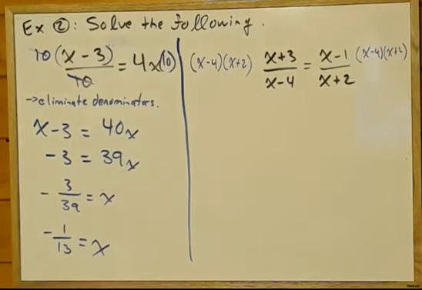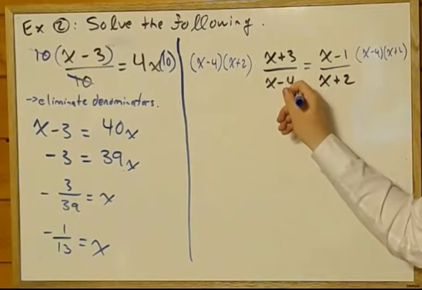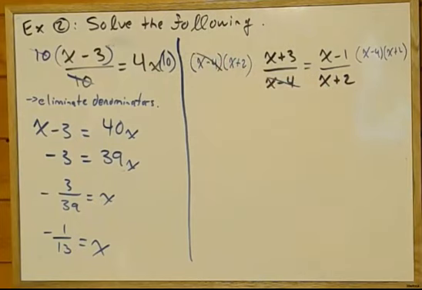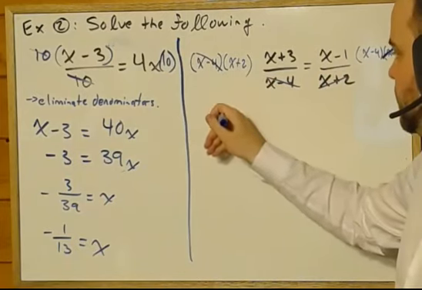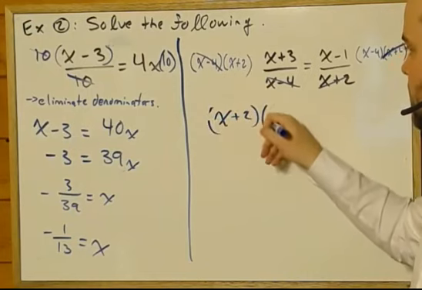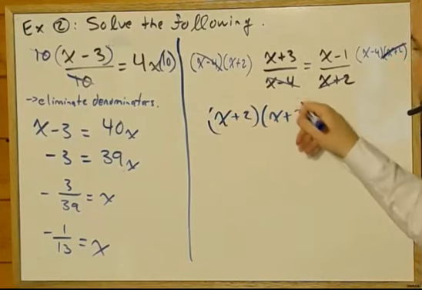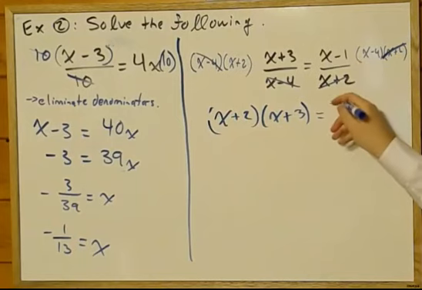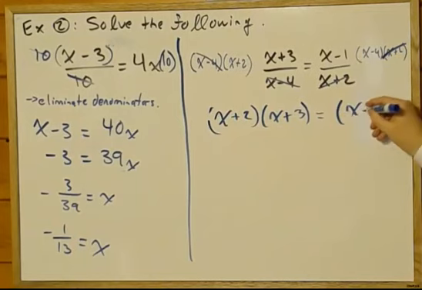So what happens when we do this? Well, if you notice, on the left side, the x minus 4 doesn't survive, and on the right side, the x plus 2 doesn't survive. So what we're left with will be x plus 2 multiplied by x plus 3 is equal to x minus 1 times